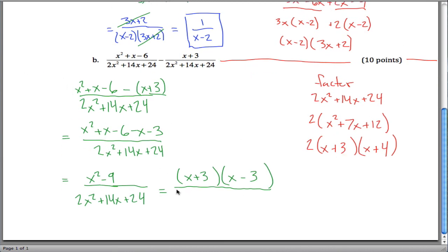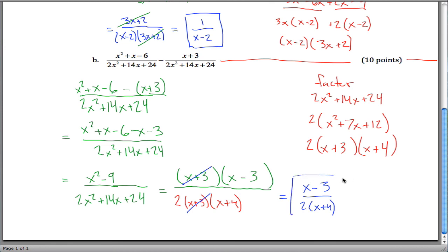So what we figured out is down here I have a 2, I have an x plus 3, and I have an x plus 4. And then what's kind of nice is that I have an x plus 3 on the top and an x plus 3 on the bottom. So I can cancel those out and I'm left with just this